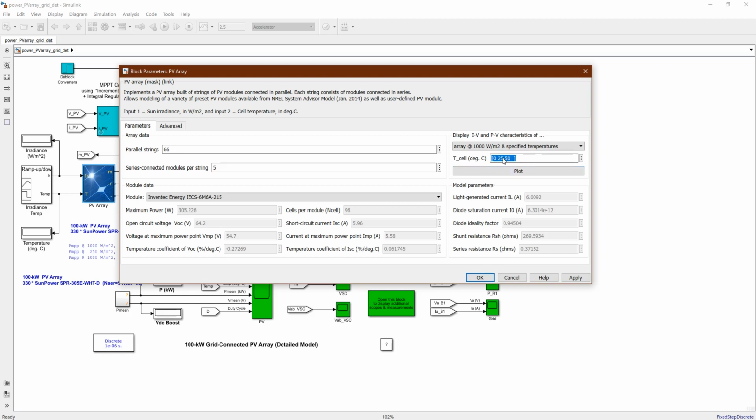Now we will find here also the temperatures. This range of temperatures, 0, 25, 50, are the different values I would like to see if I would like to display the IV and PV characteristics of this panel at these given temperatures 0, 25 and 50. For example, array at 1000 watt per meter square and specified temperatures, this one which is 0, 25 and 50. If I click on plot,